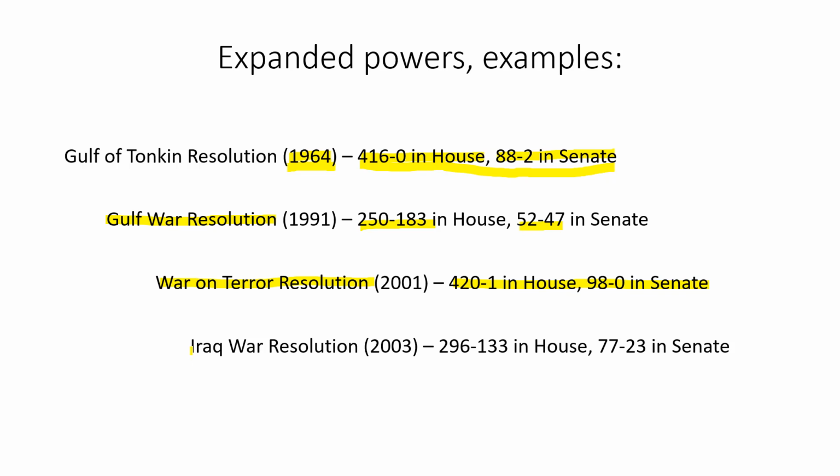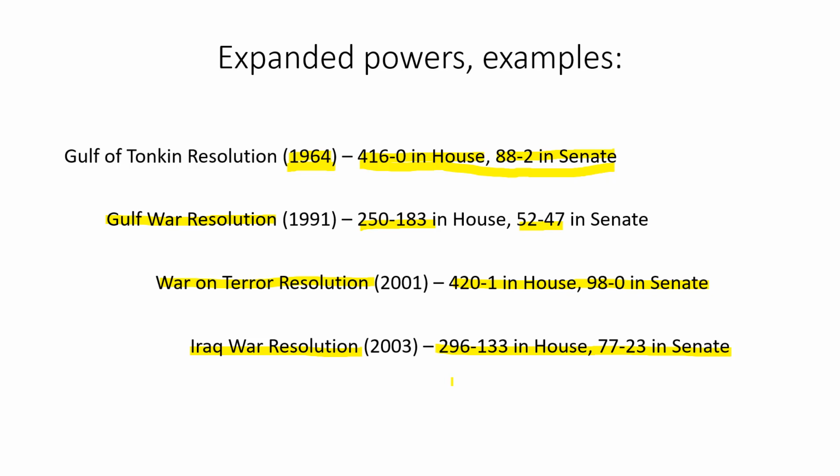The Iraq War resolution, quite contentious, even though the United States was still very united post 9/11 in the war on terror. And this is one of the groupthink concepts that I talked about earlier, where the Bush administration had pretty much made up their mind that they were going to go back in and get rid of Saddam Hussein. And there was quite a bit of support on that, 70% support on that when it started,